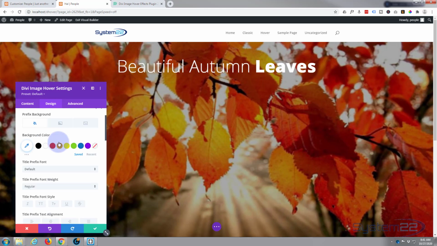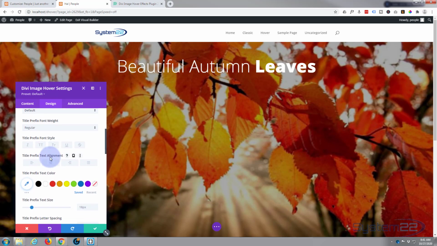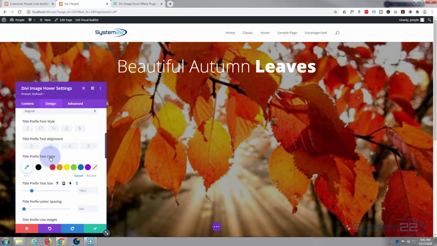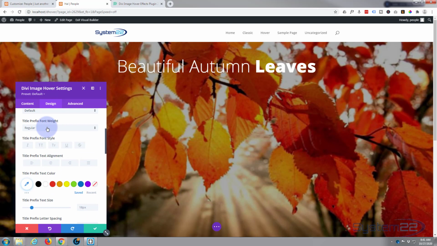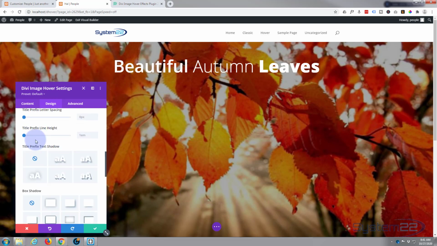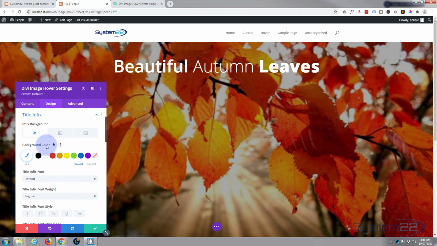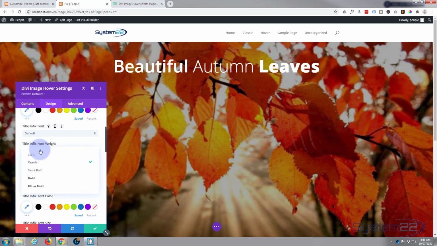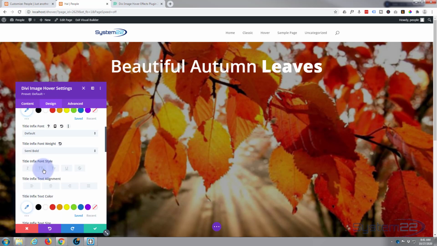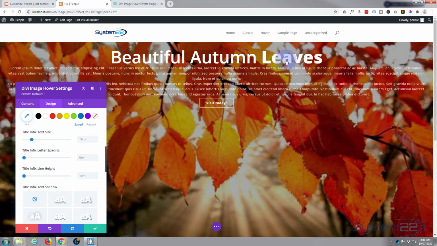So if we go into the prefix, let's make it semi-bold. I'll leave the color as it is. Here's the font weight. And I'm going to do the same to the infix just below. Not going to put any other decoration on there. There we go. And let's go to the suffix, and I'll change the color on the suffix to the leaves